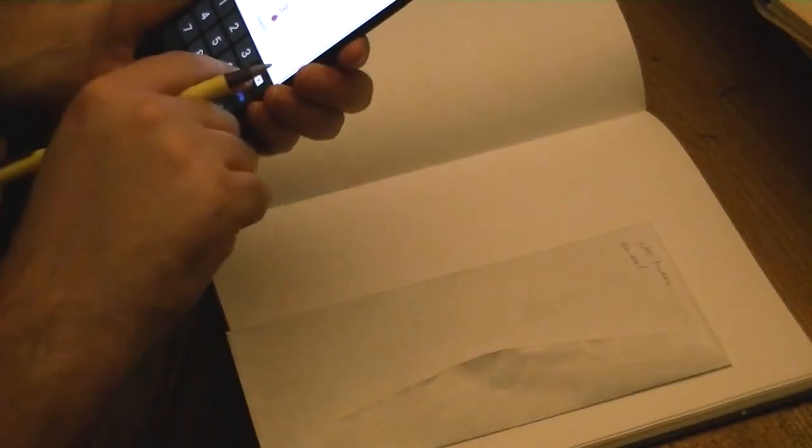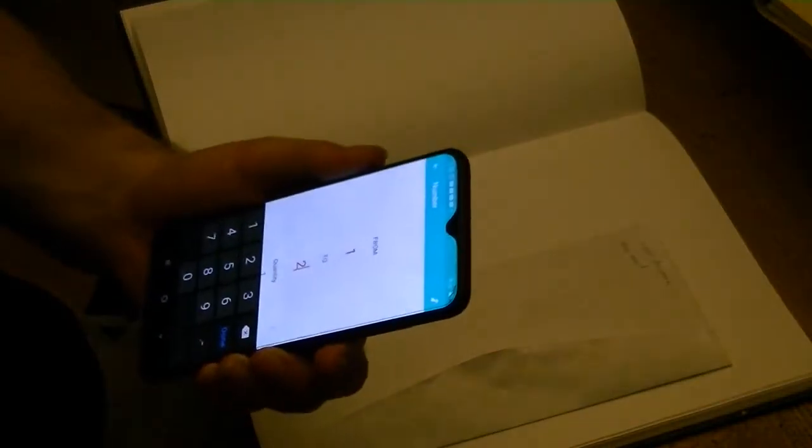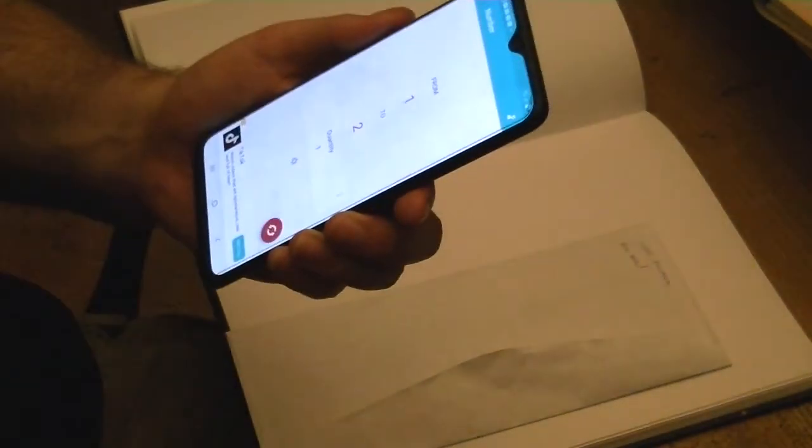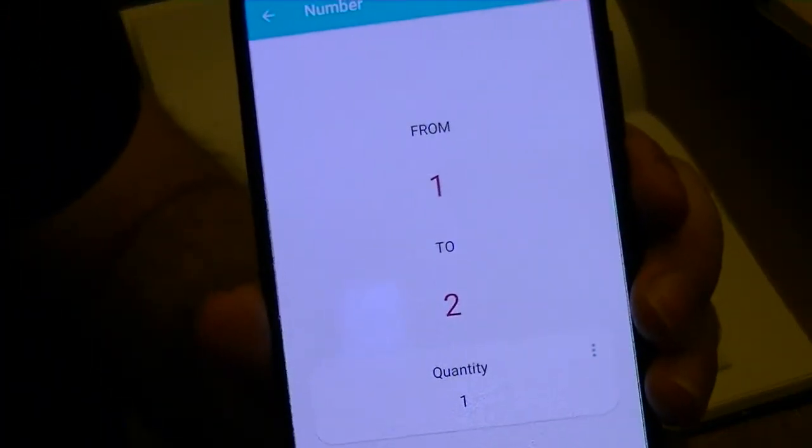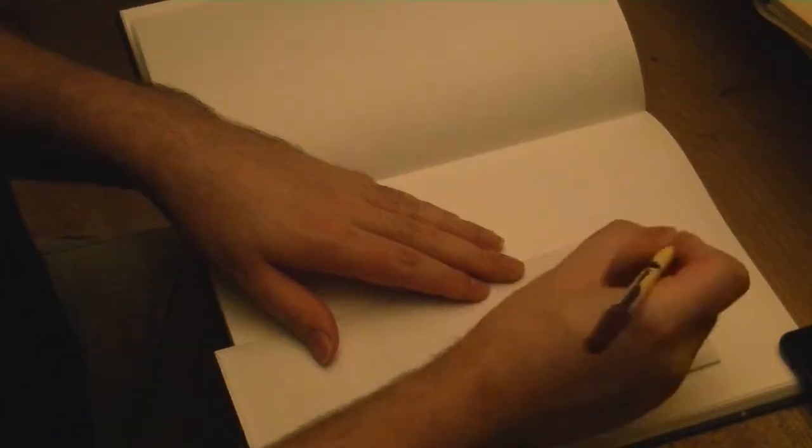Now, is it going to be an anthro animal, or a feral animal? I'm just going to do this one. So 1 will be anthro, 2 will be feral. It's an anthro, so we're making an anthro animal. Alright, so now let's determine what type of animal it will be.